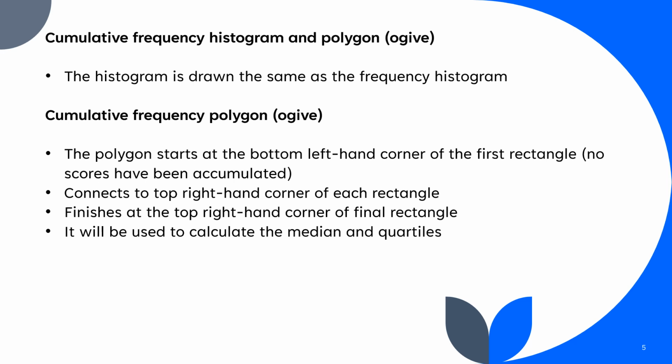So cumulative frequency: cumulative means to add up, so you add up the frequencies. The histogram is drawn exactly the same, but the polygon is different. It's known as an ogive, and it's used a lot for our medians and our quartiles when we get to that in later units. It starts at the bottom left-hand corner of the first rectangle because no scores have been accumulated, and it connects to the top right of each rectangle because that's the accumulation of the numbers